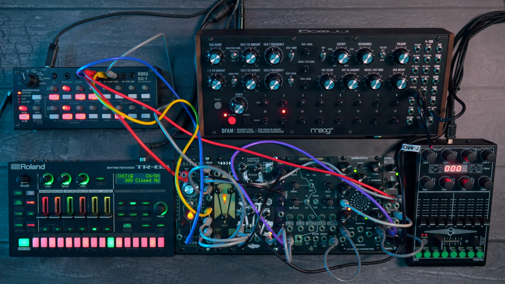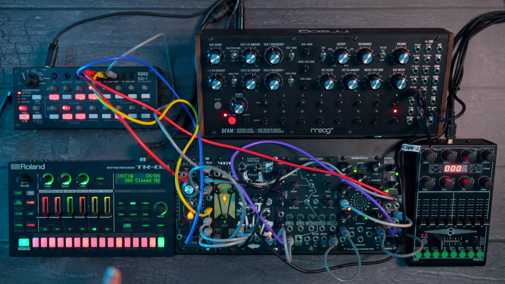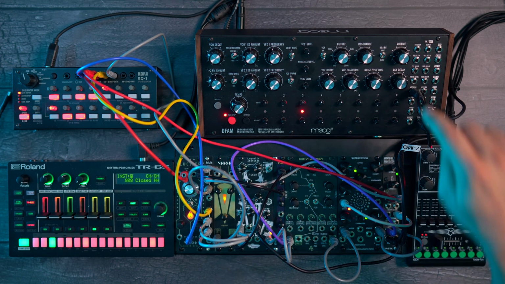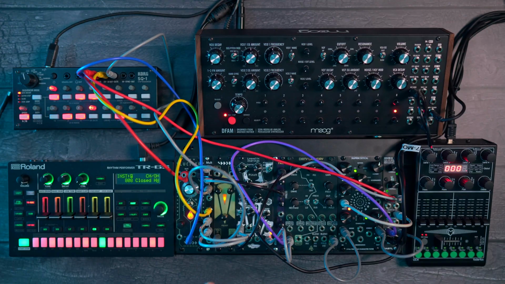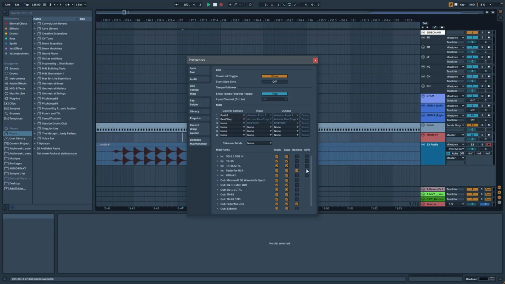The first main issue that I had was to clock and synchronize everything perfectly, which was a bit of a headache because, for example, you have the Korg SQ-1, which is by USB, and you have another device which is by USB as well, and then you also have the DFAM that I have to sync somehow. So in order to do that, I went into Ableton preferences, and you go to your MIDI,